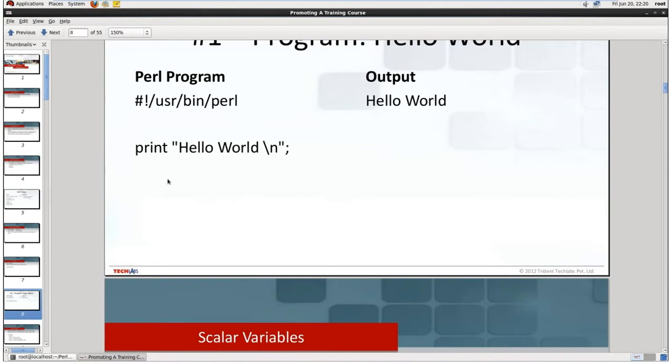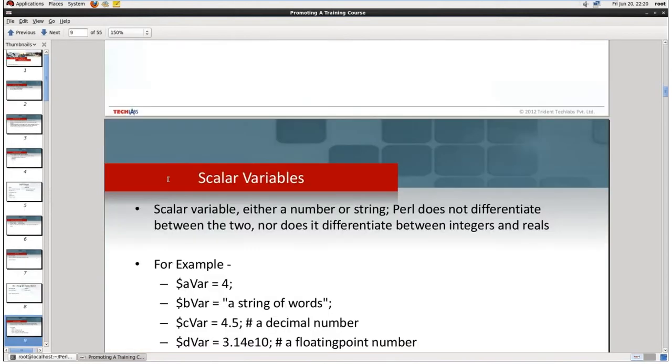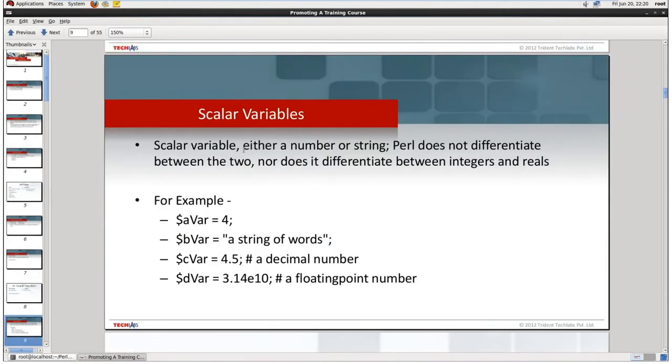So next comes scalar variable. What is exactly a scalar variable? Generally in C, how we use variables is, for example, you have three variables A, B, C, and each has a different type. Say A is an integer, B is floating point, and C is a string. In a C program, we have to mention int A semicolon, real B semicolon,